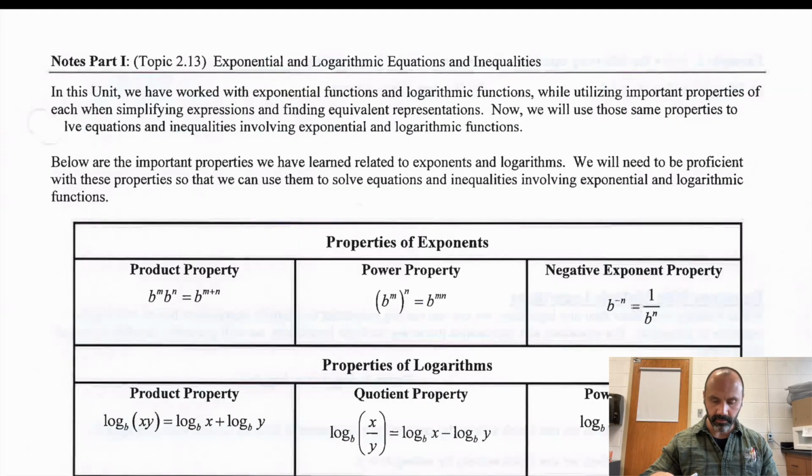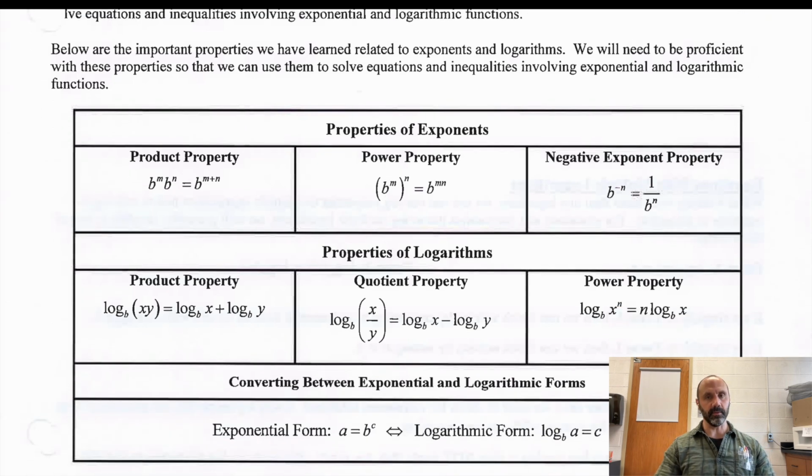Friends, we've been learning about logarithms and exponents, the relationship between the two, and then properties. And now we're going to use those in order to solve equations and inequalities that have logarithms and exponents in them. So a quick review, properties of exponents that you should be familiar with,